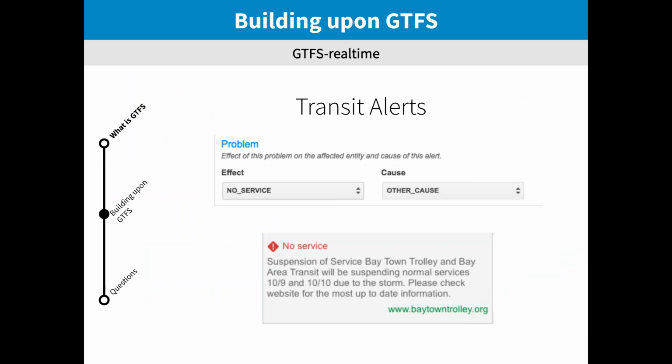And another piece that we'd like to highlight: Trillium offers a product called Transit Alerts, and this goes back to the real-time advisories. You can put in any disruptions or notices that you would like transit riders to see in real time, and when they do their trip planning, an icon will show up and tell them, for example, in this case, that the Baytown trolley service was suspended on these days due to a storm. And so you can do a variety of different types of alerts with this tool,